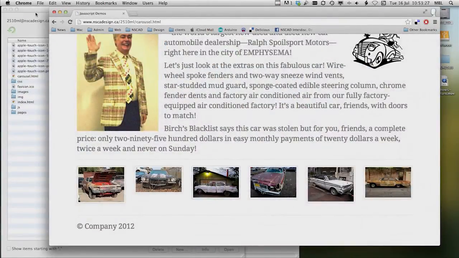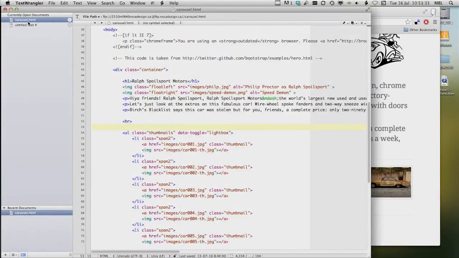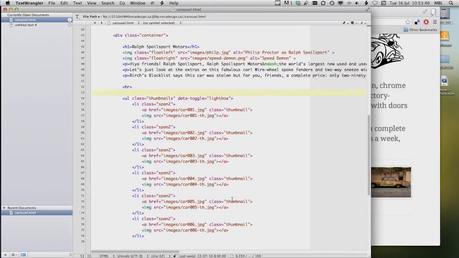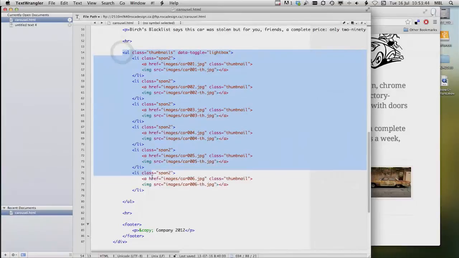So let's open up the page, double click on it, and it's now downloading that from the server, and I'm now looking at the copy that's on the server. So here is my code,